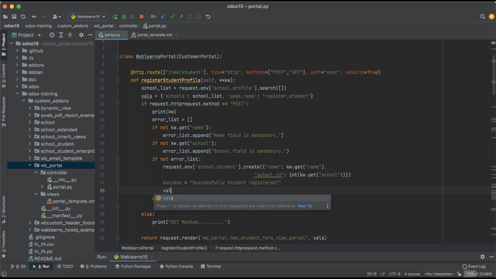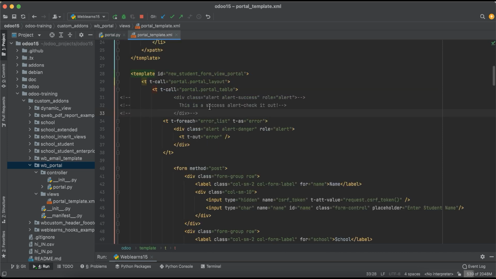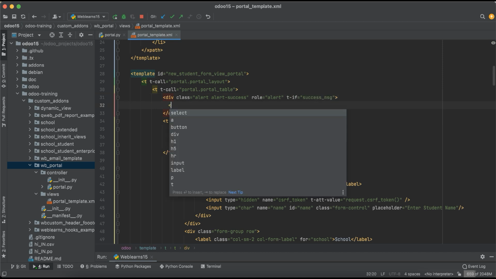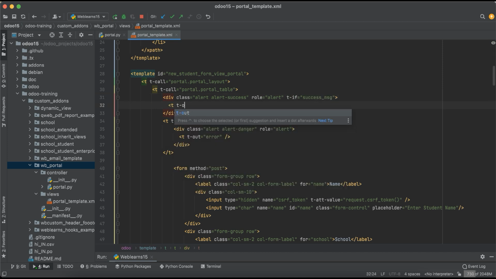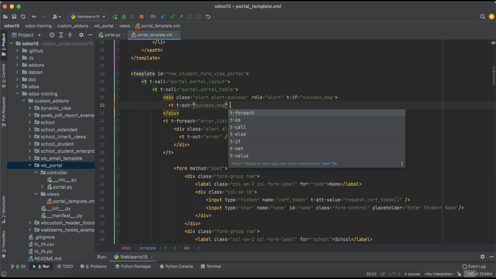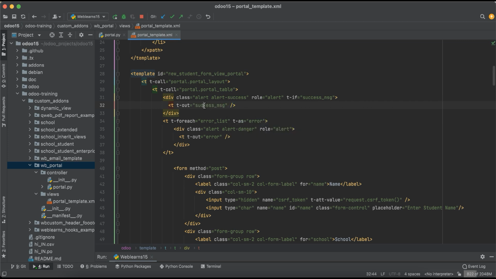And simple, I will use the success message here like this, and this success message we have to use like t-if success message is available, right? Then t-out, and whatever content is there in the success message, it will automatically display here. So let me upgrade the module,